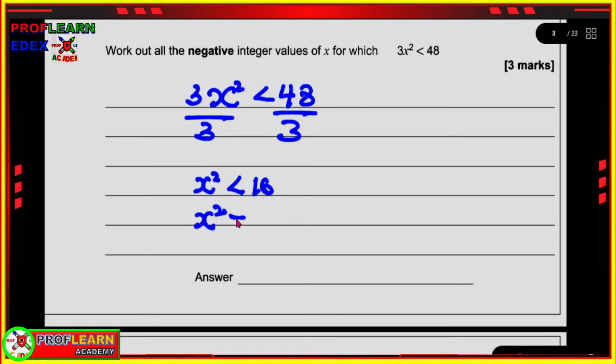So if I bring 16 to the other side, I'm going to get x squared minus 16 less than 0. And if you look at what we have here, this is actually a difference of two squares. This is a difference of two squares, which means we can express this as